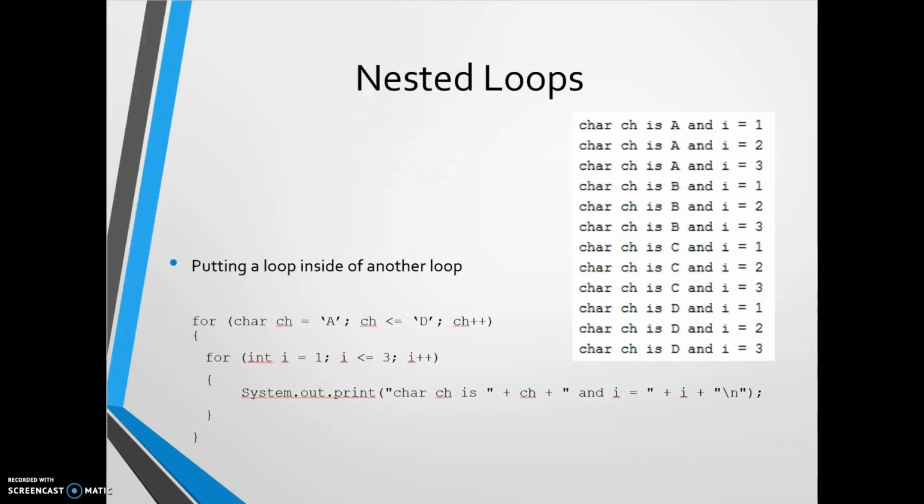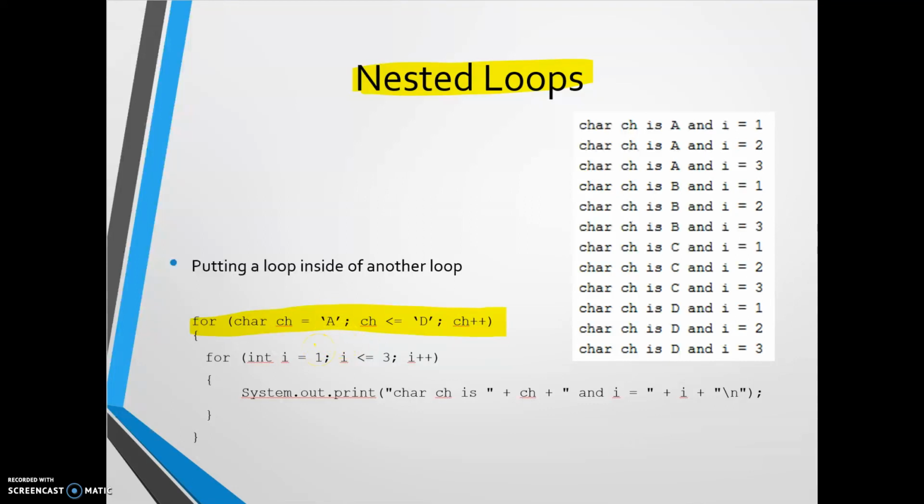In this next example, we are showing you how nested loops could occur. This outer loop right here is essentially starting at character A, going until character D, and increasing the character by 1. Now you might be wondering how that happens. Well, recall that we looked at the ASCII code values in our previous lesson. So essentially what's happening is when I say CH++, that is increasing the ASCII code value for the character A by 1, which the next character would be capital